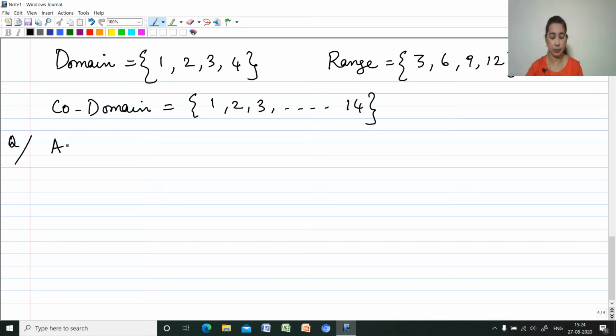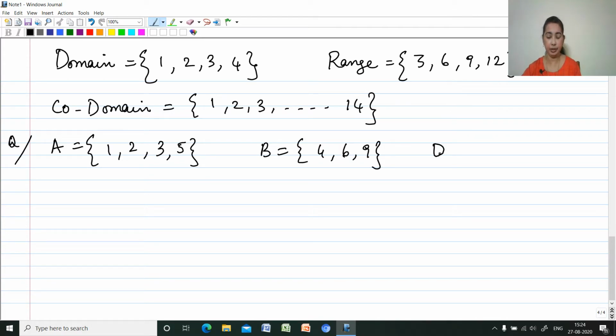Let A equal the set {1, 2, 3, 5} and B equal the set {4, 6, 9}. Define a relation R from A to B